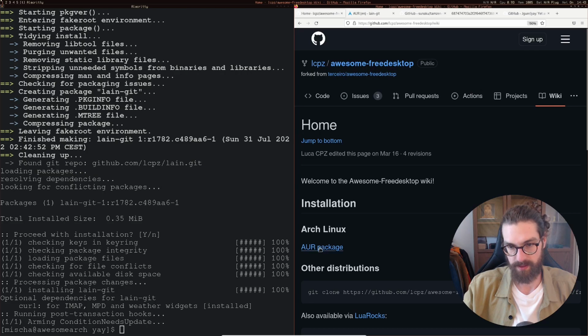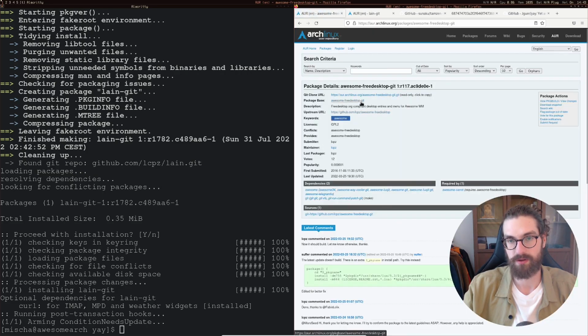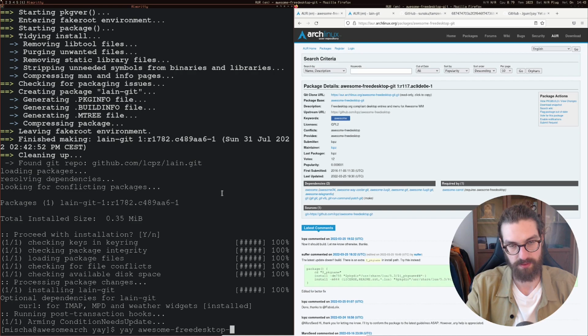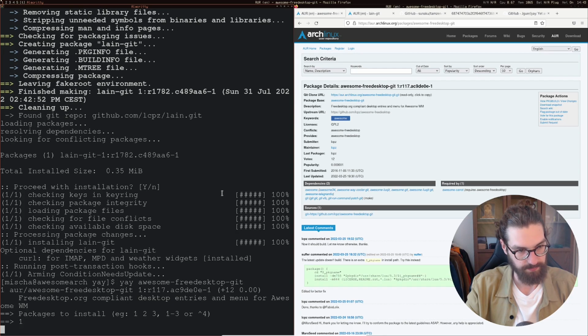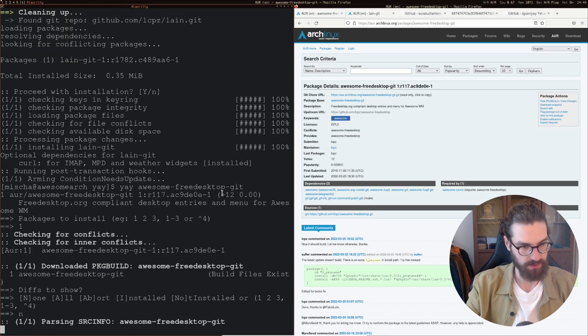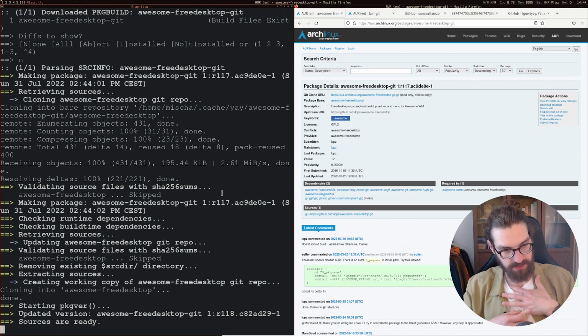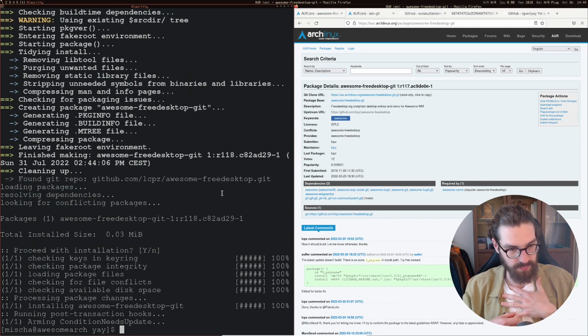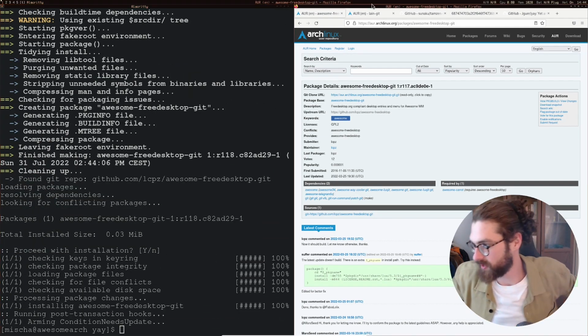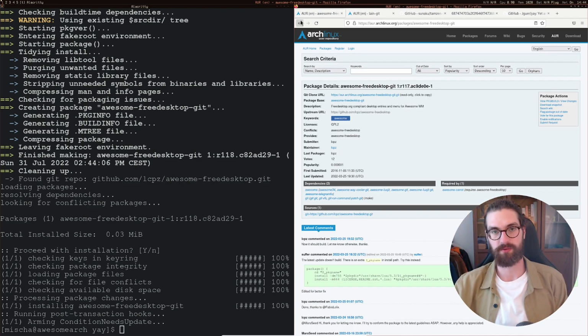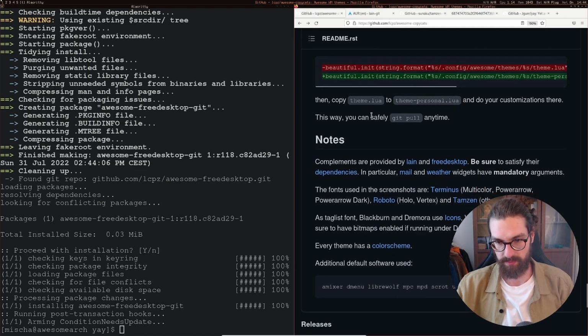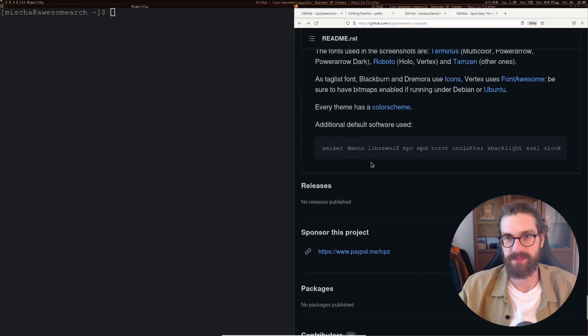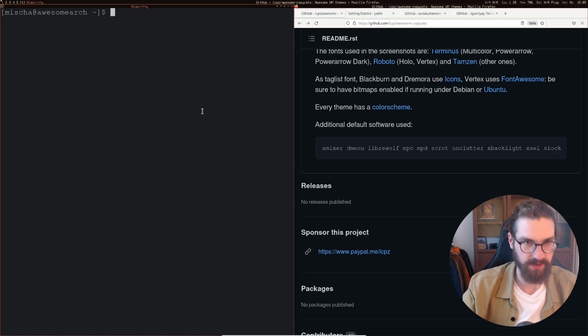Installation, read the wiki. And here they have an Arch user repository package, which is called awesome-freedesktop-git. So let's do yay awesome-freedesktop-git. And yay is very conveniently installing that for us from the Arch user repository. Done. That means that we now supposedly have all of the requirements for running our theme properly. So now that we have done all of this, we can get into a little bit more customization, but just to take a little overview of what we have now,